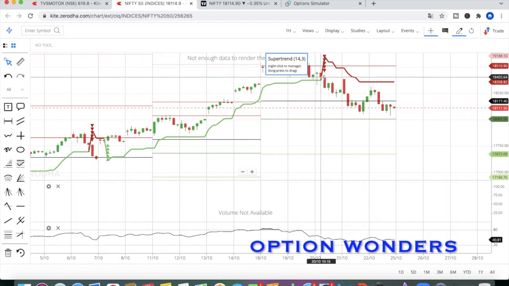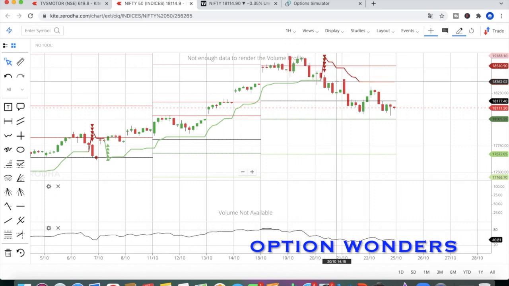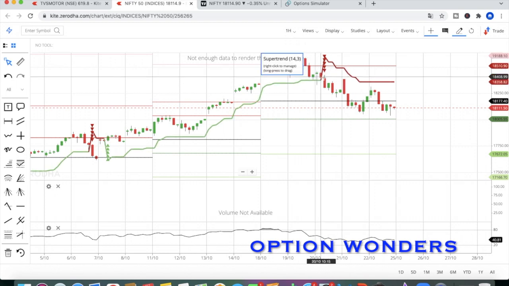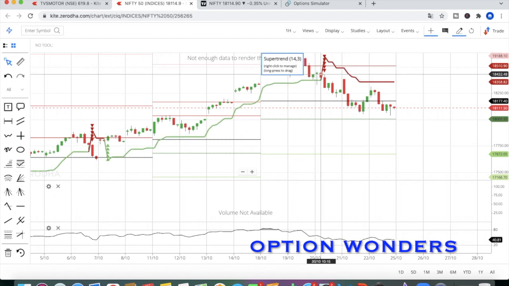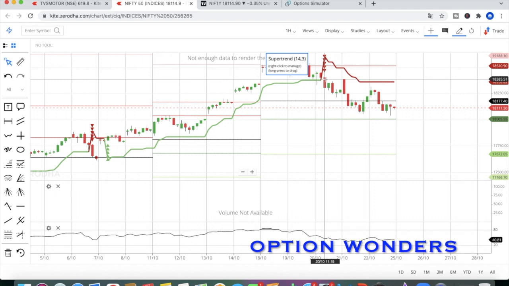First, you have to enter in this strategy only after 1 hour. The market opens at 9:15, so you have to enter only after 10:15, because we are taking the 1 hour chart. Let's see what happened on the 20th. The market opened at 9:15 and showed a bullish candle. After that it was a red candle, and after that we got a confirmation at 11:15.